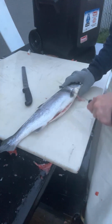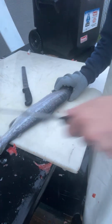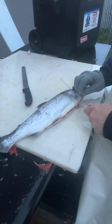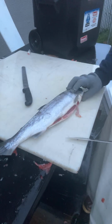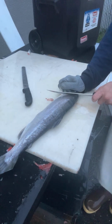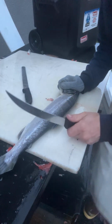Yeah, I scrape the skin like that to get a lot of the slime off, because if you introduce more water, it makes more slime. But I cut around the collarbone at a very steep angle on both sides. Flip it over. I lift up the fin so that way it gets out of my way. And depending on how big the fish is, if it's king salmon,